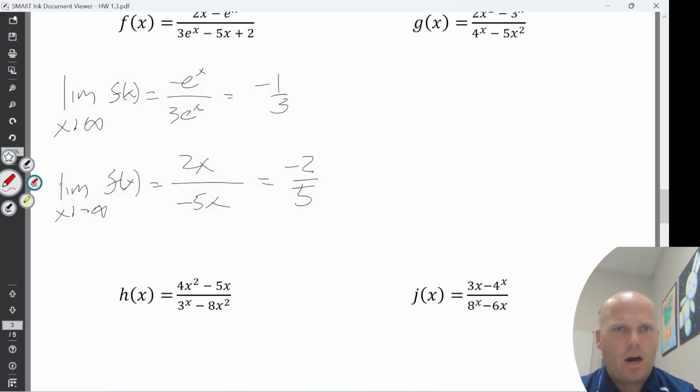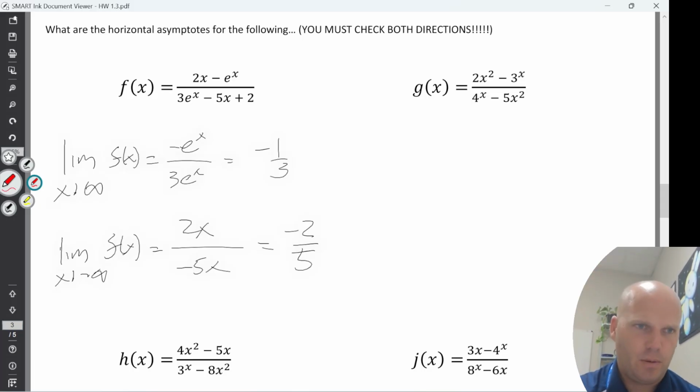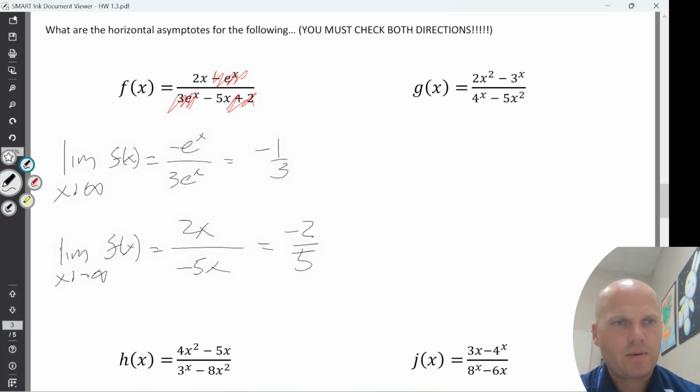Do we see why? If I'm going in the positive direction, this means nothing, this means nothing, this means nothing. And I'd have just this and this. However, if I go in the negative direction, I think I figured it out. I'm holding my thumb on the screen. That way it stays still. If I'm going in the negative direction, well, this all of a sudden becomes 0. This becomes 0. This is still no growth. And I just have that. So that's the thing we have to worry about when we're doing